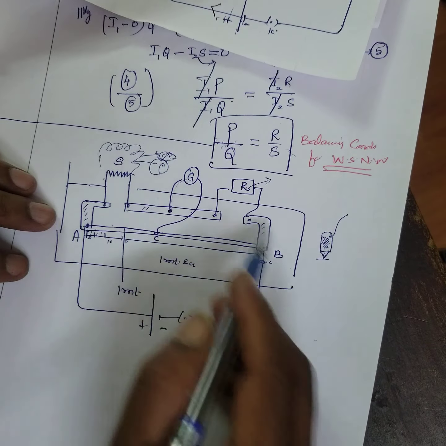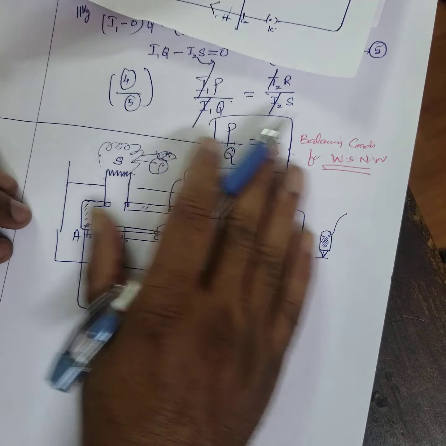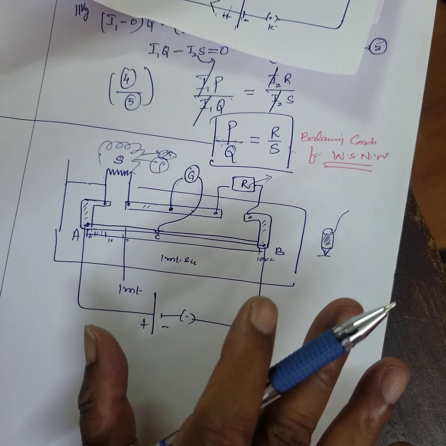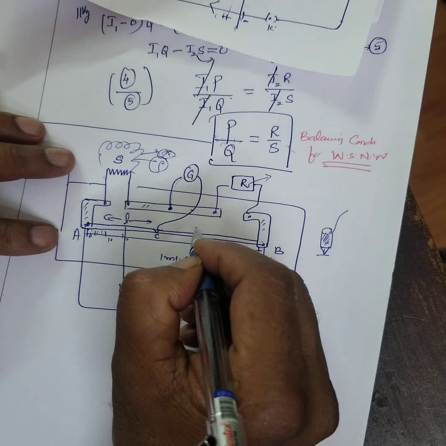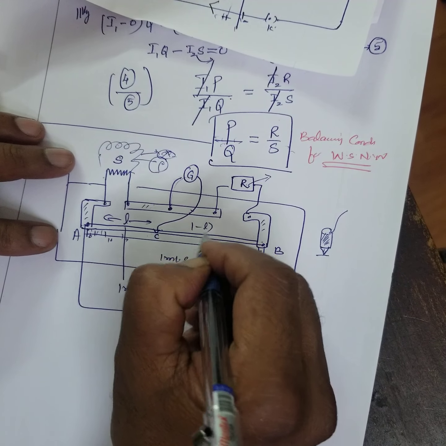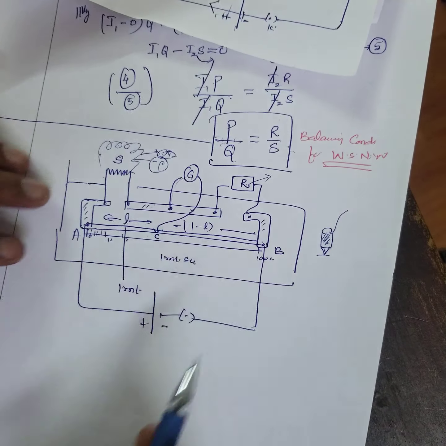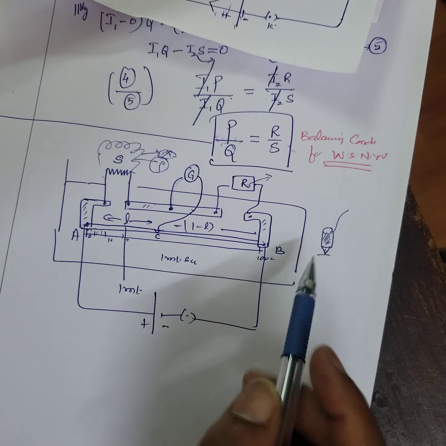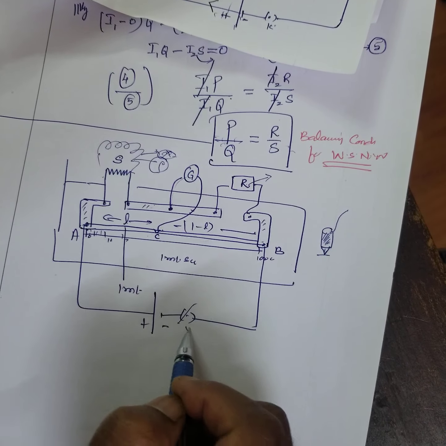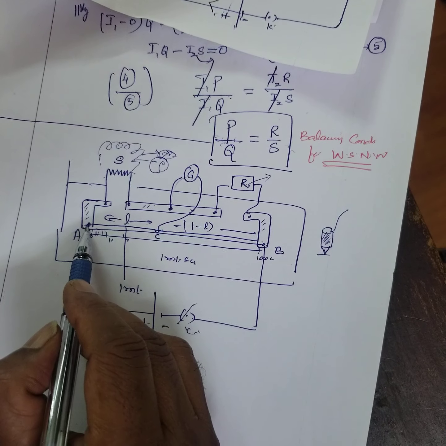Here, what do you write? This you do in the practicals actually. Got it? The practicals only you'll be doing. Here remember, this is the balancing length. This is L. This is 1 minus L. I'll tell you the very short way. Complete the circuit as shown in the figure. Close the circuit key. Keep the jockey at one end.